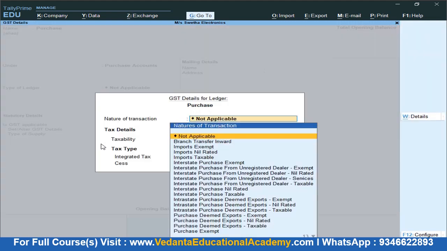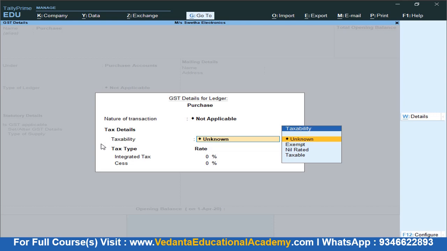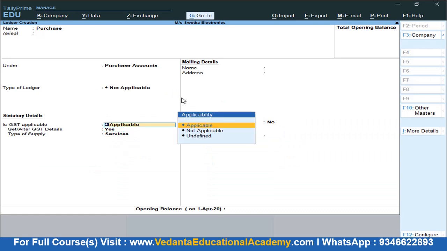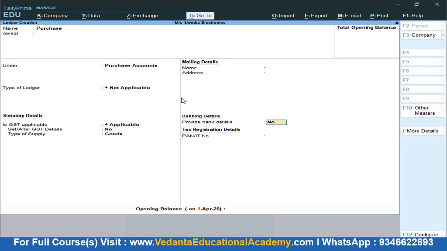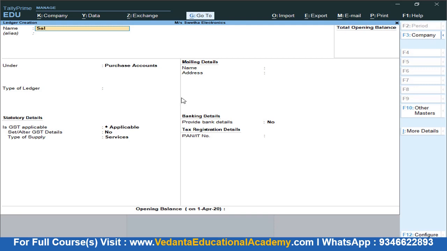Again, you do not declare any percentage here. If you once declare any percentage here, the same percentage will be applicable to the whole purchases in the future as well. So we have different slabs. While we are creating the items, at the item level we'll declare tax slabs. As of now, I'm just going to confirm only that GST is applicable on purchases, but how much of GST is applicable I'm not going to declare. As of now, we are dealing with goods. So save.